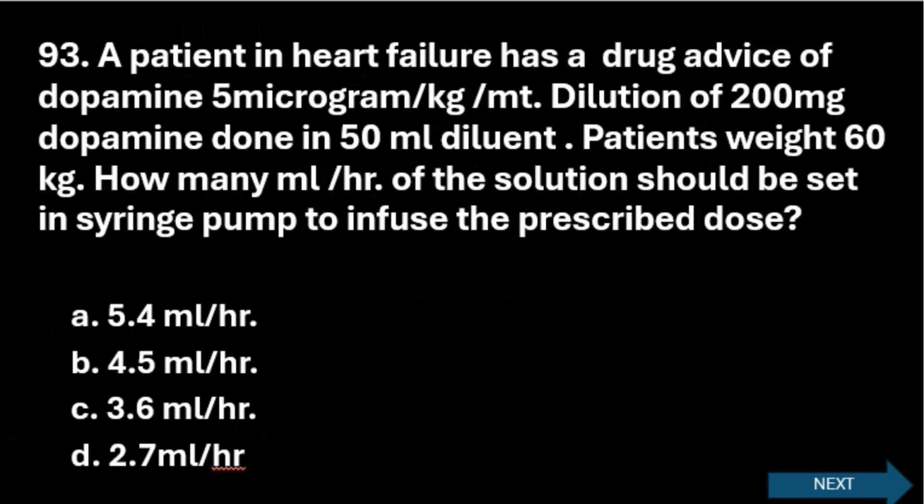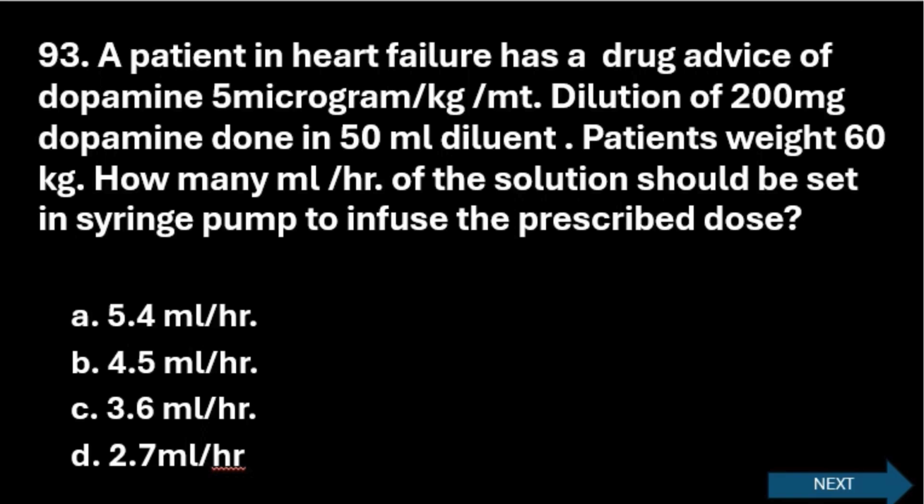A patient in heart failure has a drug advice of dopamine 5 microgram per kg per minute. Dilution of 200 milligram dopamine is done in 50 ml diluent. The patient's weight is 60 kg. How many ml per hour of the solution should be set in the syringe pump to infuse the prescribed dose? This is an application level question. Calculation is required, so you can pause the screen if you need more time to calculate by yourself and see the right option. The options here are